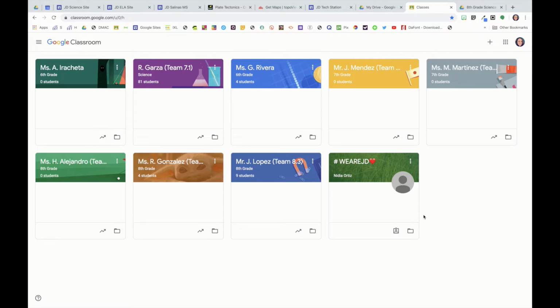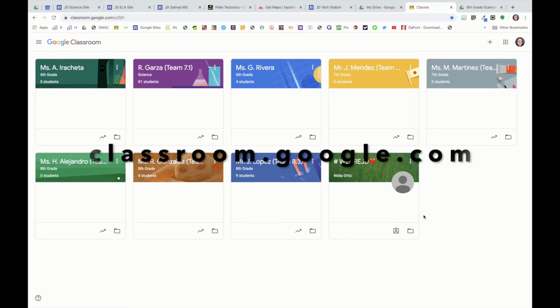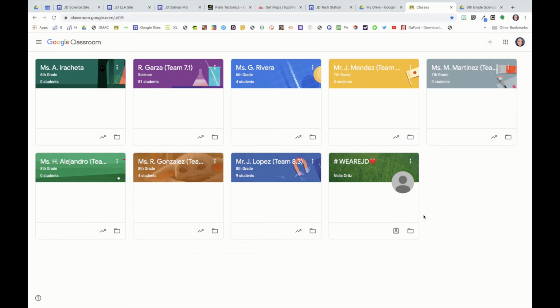This is going to help anybody who needs guidance on setting up their Google Classroom for the first time. So the first thing that you're going to do is go to classroom.google.com and sign in with your lgisd.com account. Once you've done that, it should open up and look something similar to this, but more than likely not with